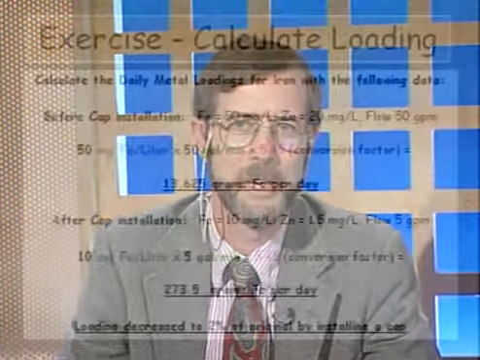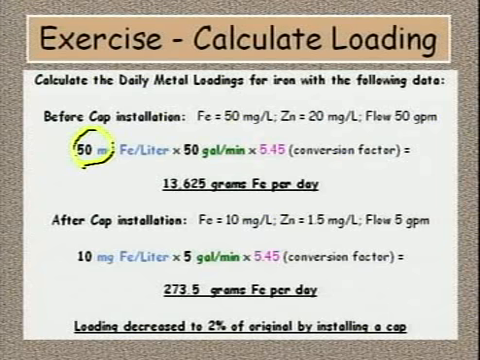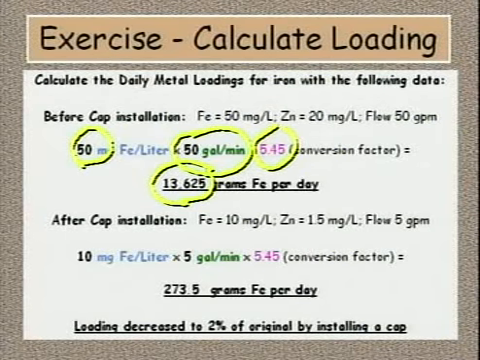Okay, let's see how you did. Well, first let's take a look at the math. Before the cap was installed, the waste rock dump was producing about 13,625 grams of iron per day. That's 50 milligrams per liter times 50 gallons per minute times our conversion factor to get 13,625. Now, after the cap installation, where iron was 10 milligrams per liter, and 5 gallons per minute was the